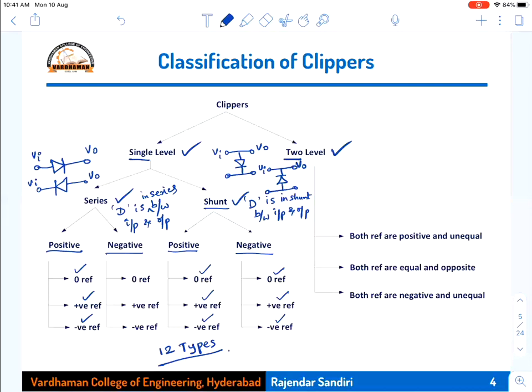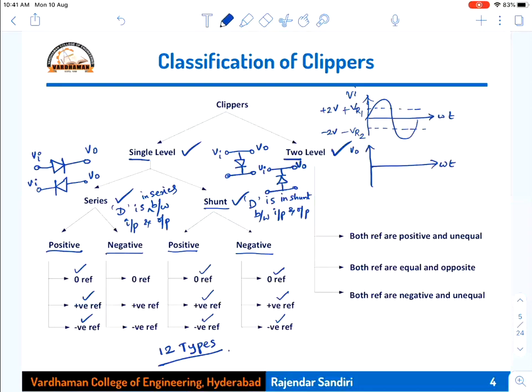So this two-level clipper waveform will be like this. The input waveform is a sinusoidal signal. Two-level clippers means I have got a positive level, which we call VR1, generally plus, and on the negative side, minus VR2. Say both amplitudes are the same, but one is in the positive direction and one in the negative direction. Say this is plus 2 volts, this is minus 2 volts. Then your output waveform will be plotted against omega t.